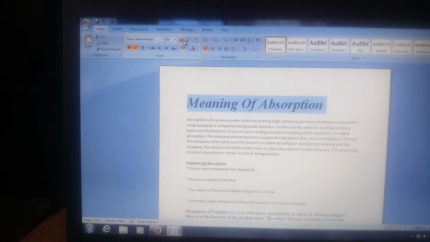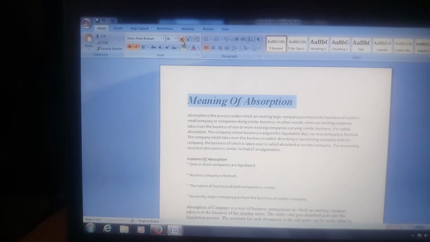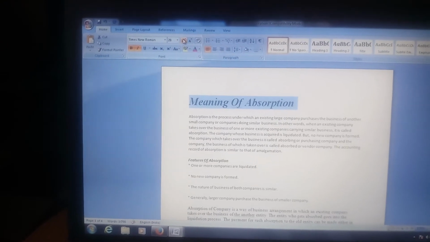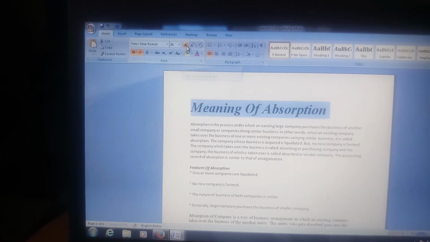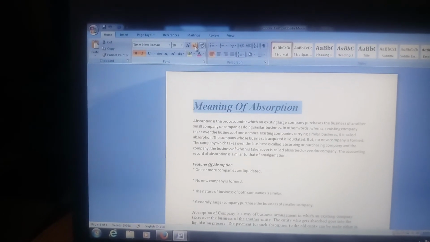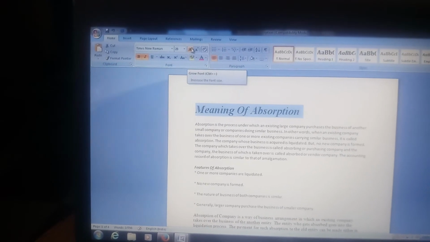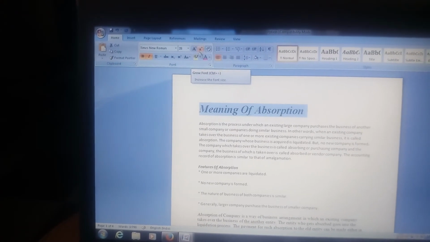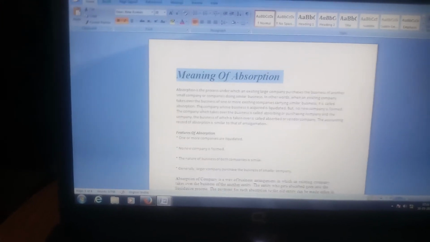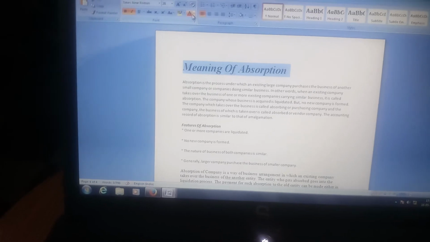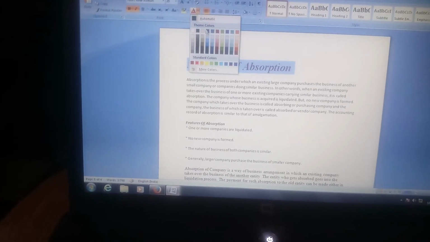Is that visible in the toolbar, how I am changing? We have an upper arrow as well as a lower arrow. While clicking the upper arrow, it will get bigger. While clicking the lower arrow, it will get smaller. So this is the simplest way we can increase as well as decrease the font size level too. Then I am changing the font color option. Using the color option, I am going to change the font color.